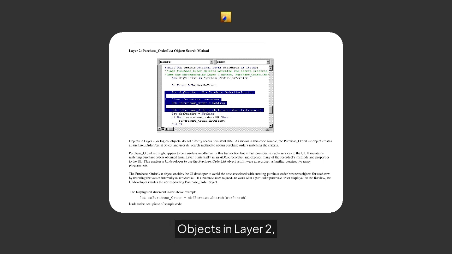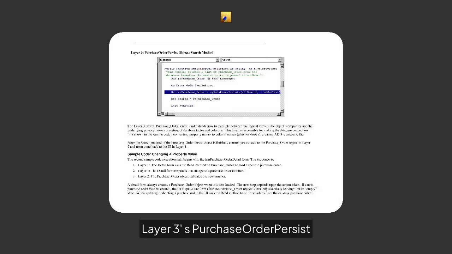Objects in Layer 2, or logical objects, do not directly access persistent data. As shown in this code sample, the purchase order list object creates a purchase order persist object and uses its search method to obtain purchase orders matching the criteria. Layer 3's purchase order persist object manages database operations. This slide details how it translates between logical properties and physical data structures, ensuring seamless data retrieval and manipulation across application layers. The Layer 3 object, purchase order